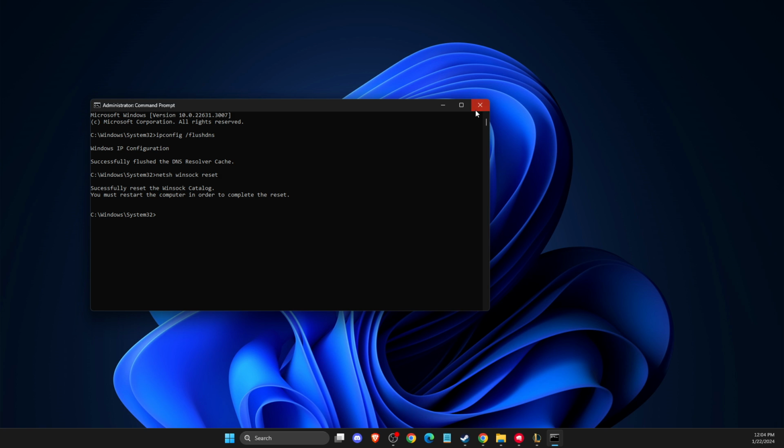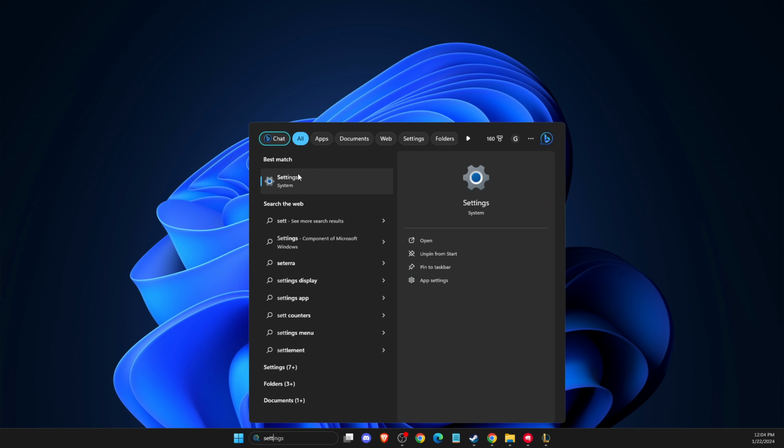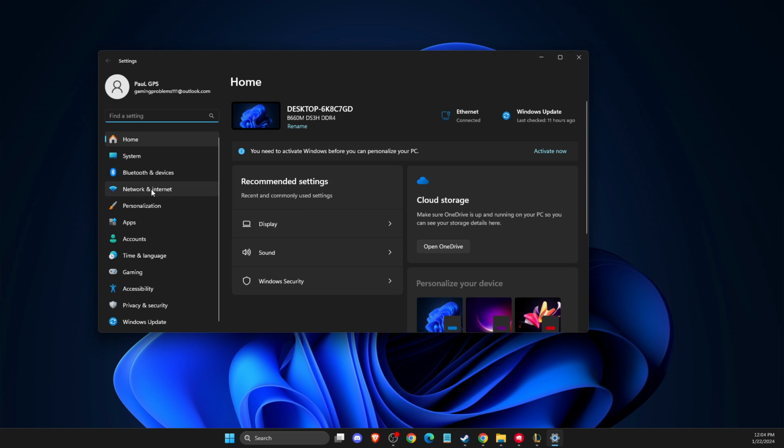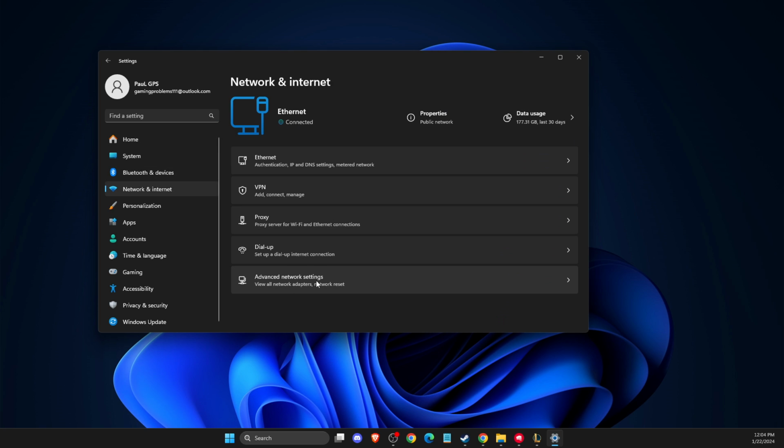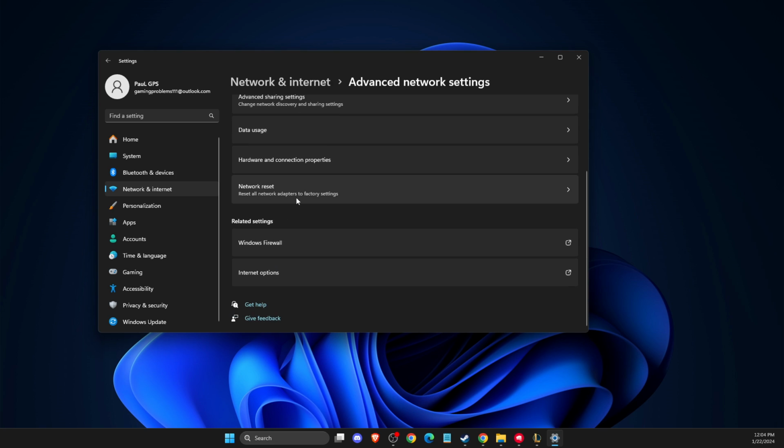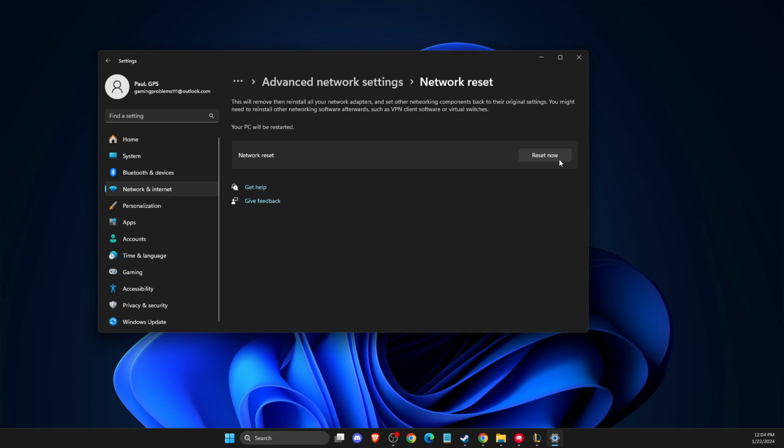And after that, you need to go to Settings. Then go to Network and Internet. Then go to Advanced network settings. And then here it will be Network reset, and reset your network. If you're using Wi-Fi, you need to put your password again. And if you're using an Ethernet cable, you don't need to put any passwords. Internet will normally work. And after you reset internet, restart your computer, and then check if the